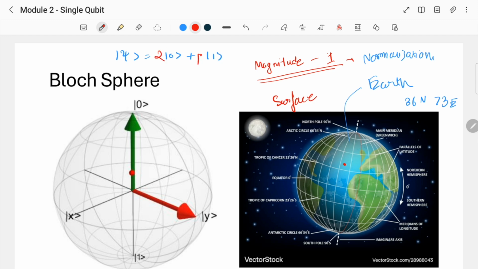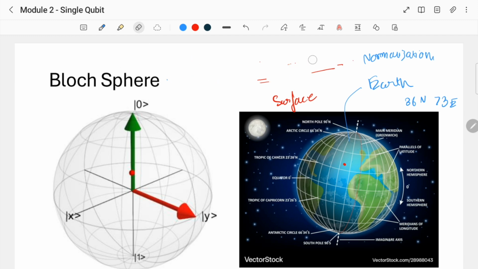Let's attach these coefficients alpha and beta. So what this means is the probability of measuring our qubit psi in any particular state, let's say psi 0, is always 1, which means the magnitude or the radius of this sphere is always 1. Okay. So for now we can forget about this, and we'll focus on the